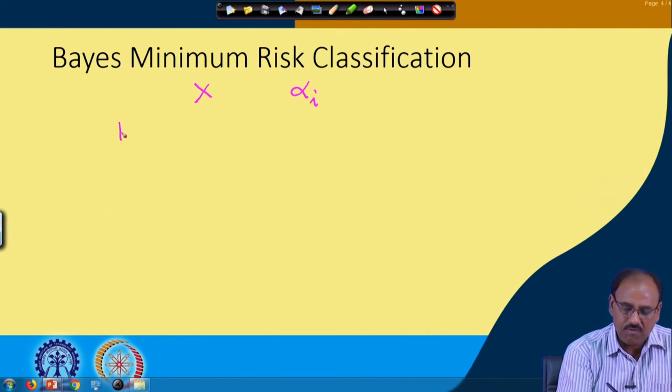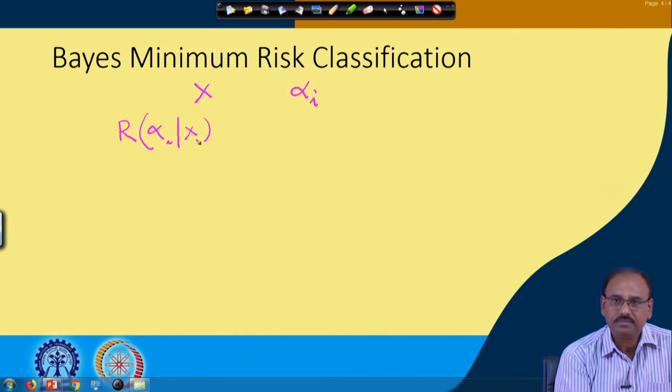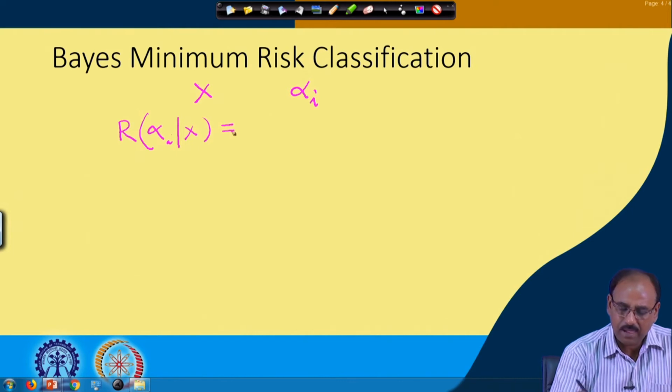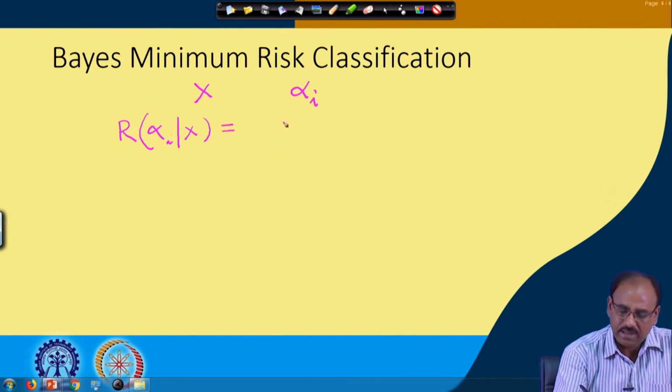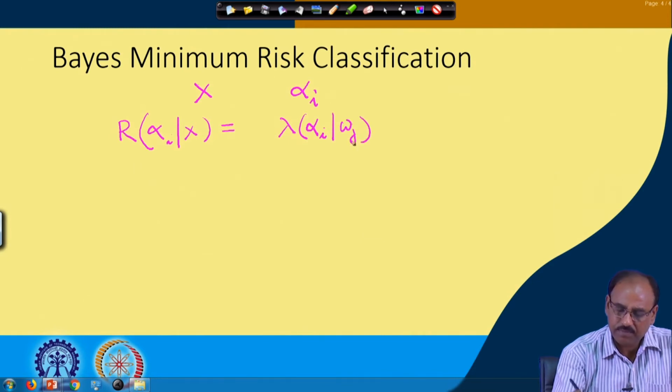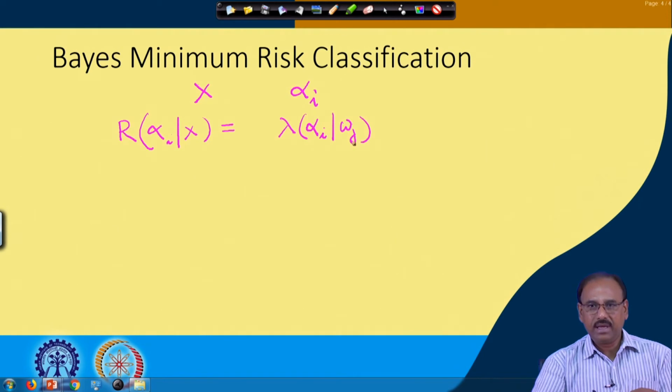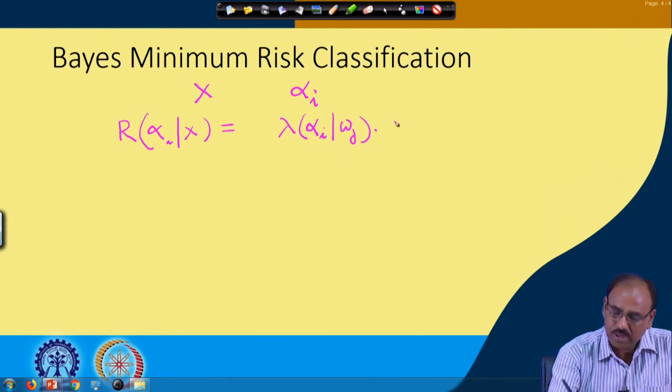So, the risk involved in taking action alpha i given x can be computed as follows. If the true state of nature is, say, omega j, then we said that we incur a loss lambda of alpha i given omega j, because alpha i is the action that I am taking, whereas the true state of nature is omega j, it should have been omega j. So, for taking this action, I incur some loss. So, that is my loss function lambda of alpha i given omega j into what is the probability p of,